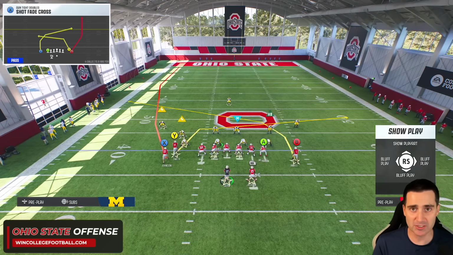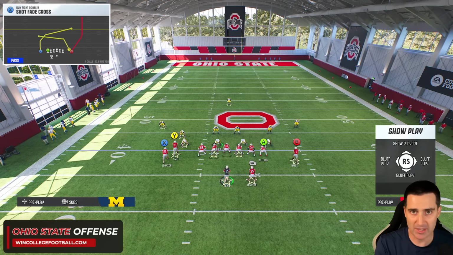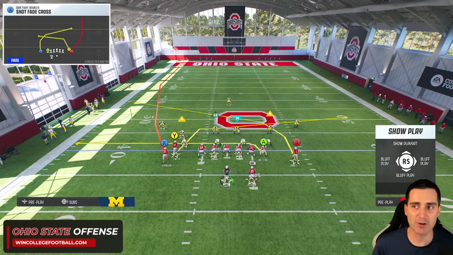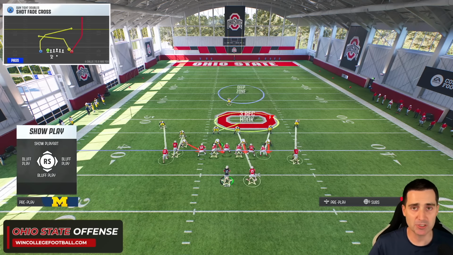So here's what the play looks like just stock. Again, we want to run this with our running back RB and our tight end A to the wide side of the field. The only thing we need to do to set this up is simply we're going to drag route our tight end. That's it. That's the entire setup. Now on defense here, I'm going to start by just showing this against a cover 1